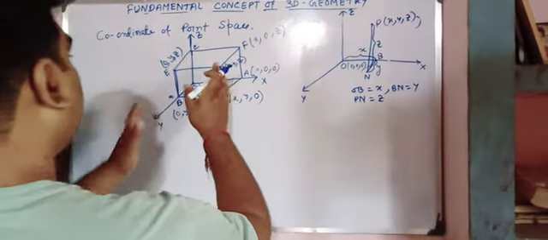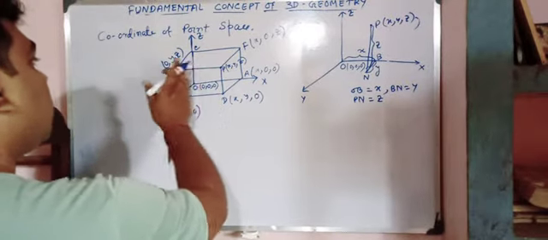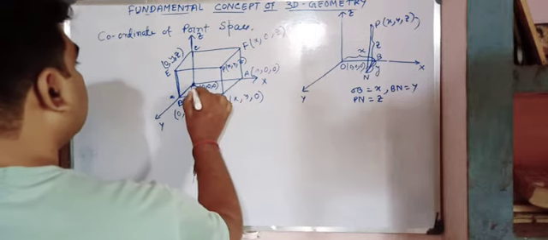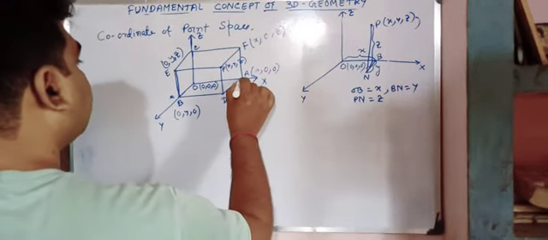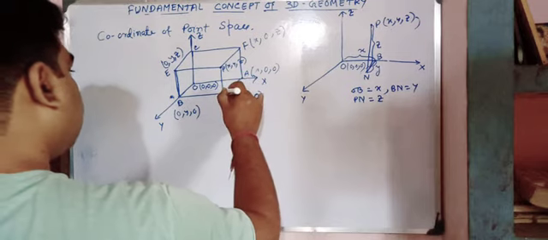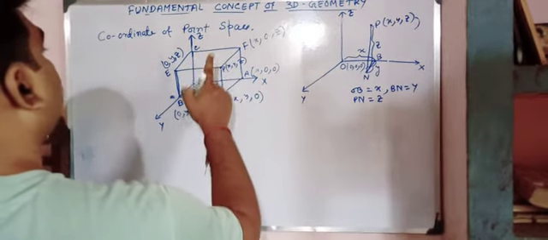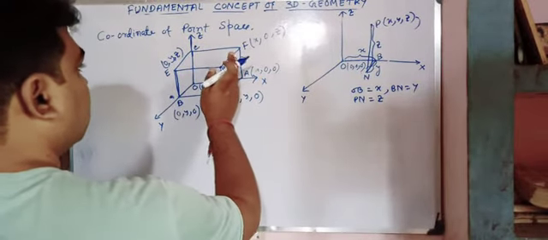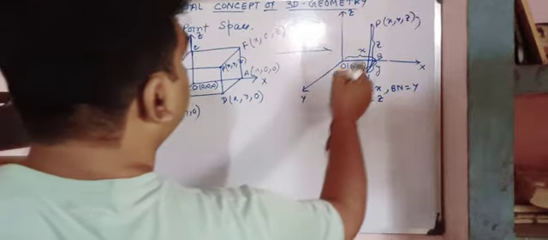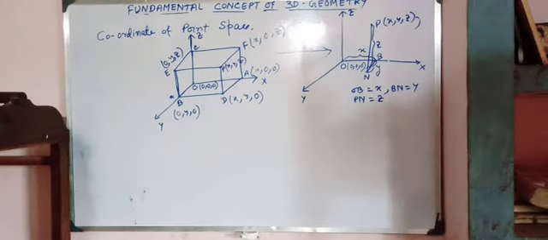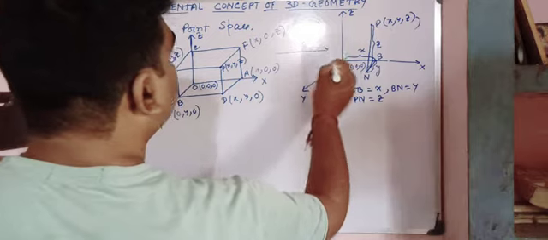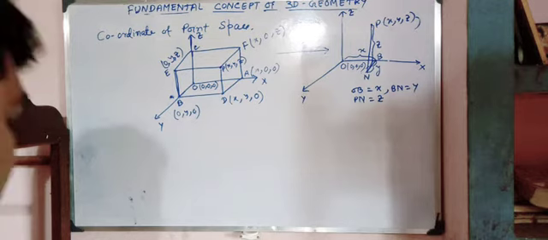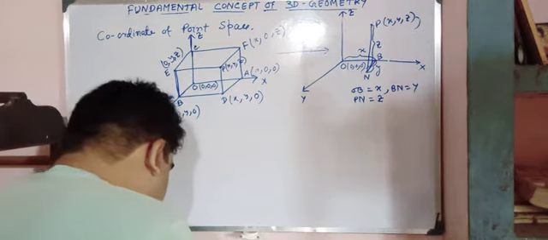Okay. Now if we break this cube out, what we will get is 3 lines. That is, to reach P, from the origin, first going along the x axis, then moving along the y axis, then moving along the vertical z axis. Okay. So from here, if we break that out, we are getting this picture. Understood that? So this picture is a breaking-down drawing of this cube. So that's it for the preliminary idea of 3-dimensional geometry.